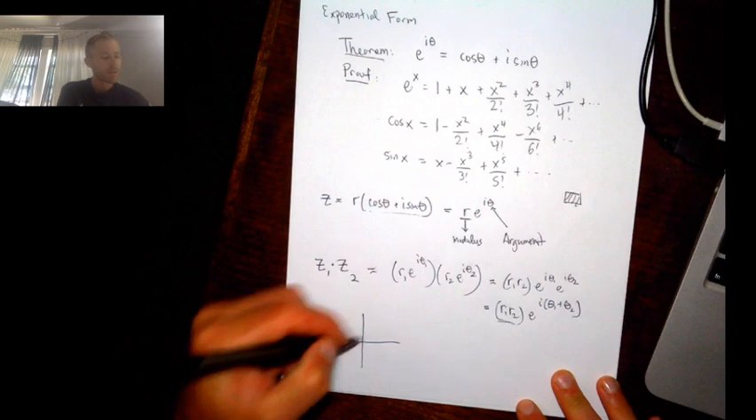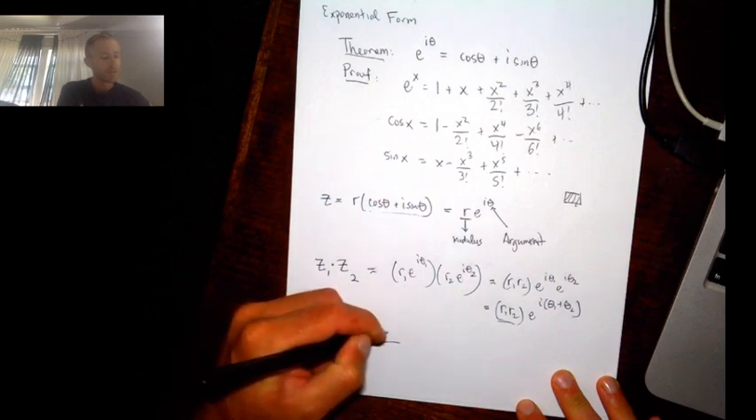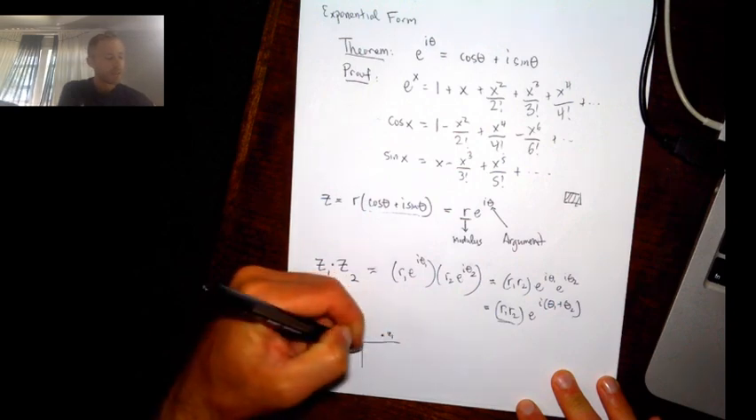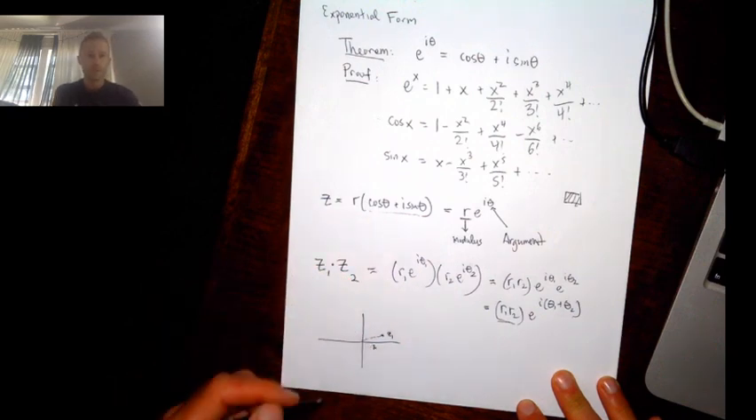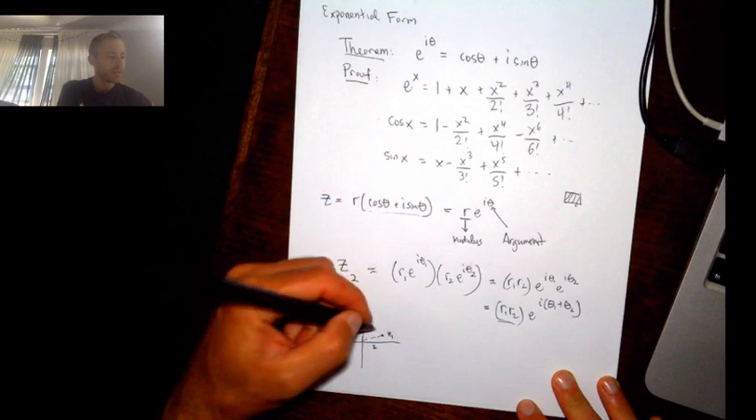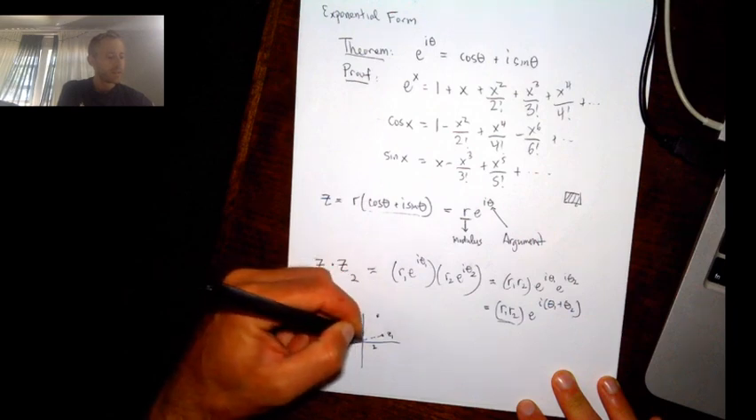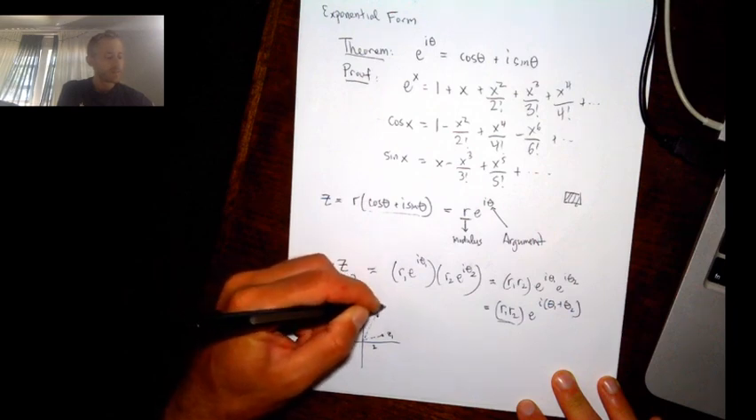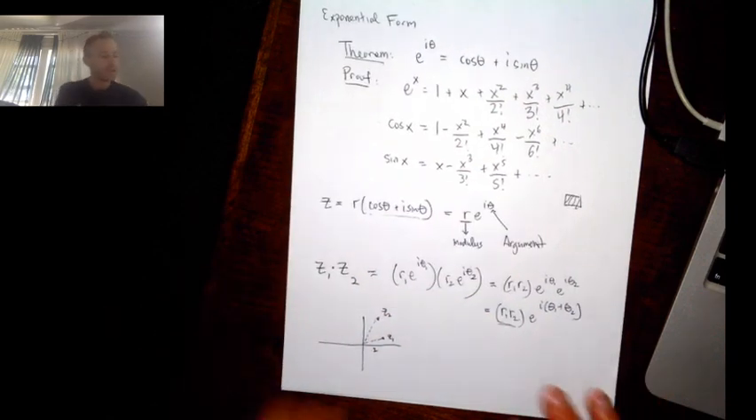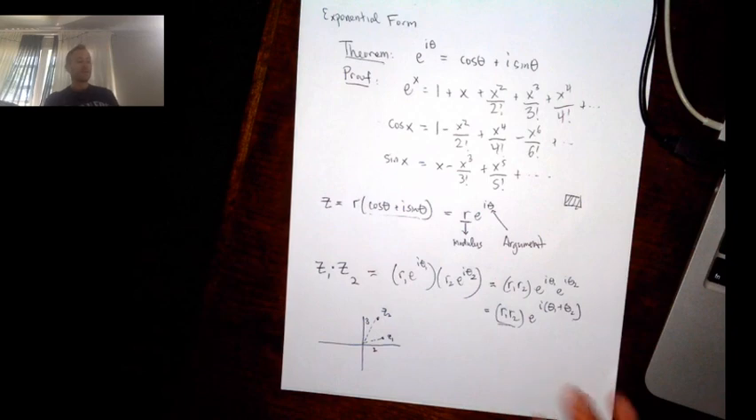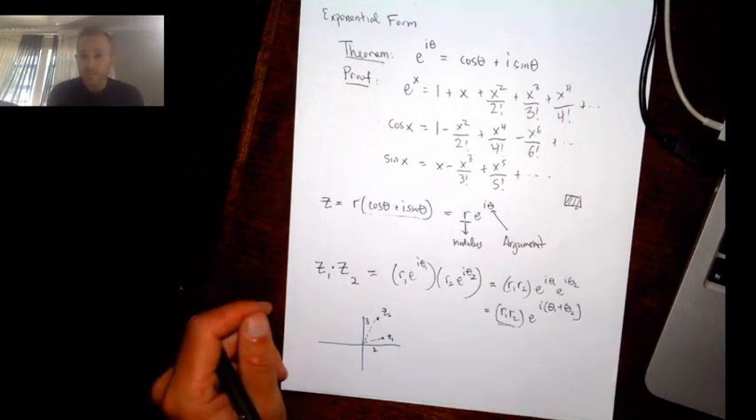Maybe this is z1, and maybe this length right here is 2. And then z2 is right here, and let's say this has a length of 3. So if we were to multiply them together,